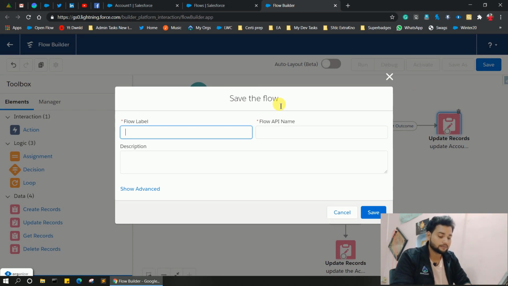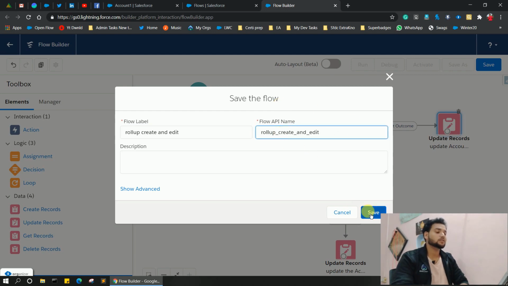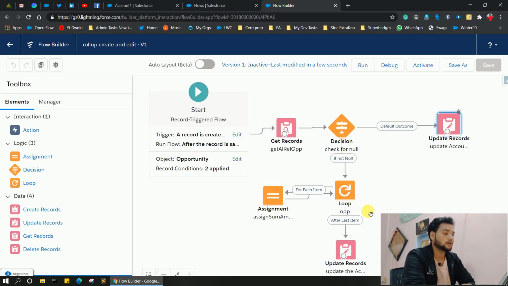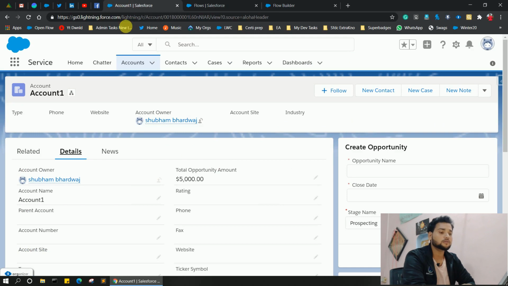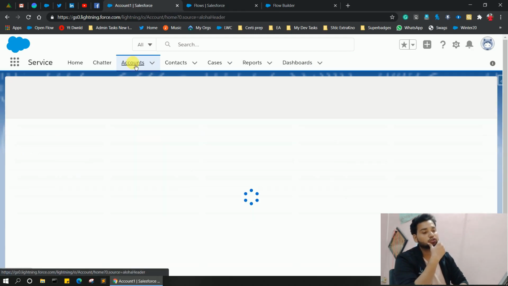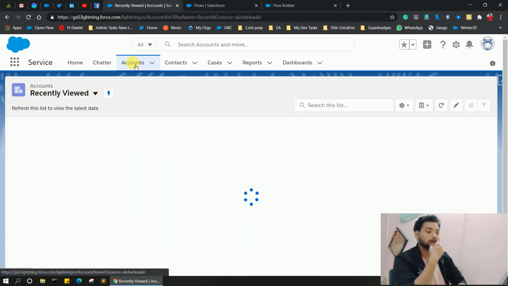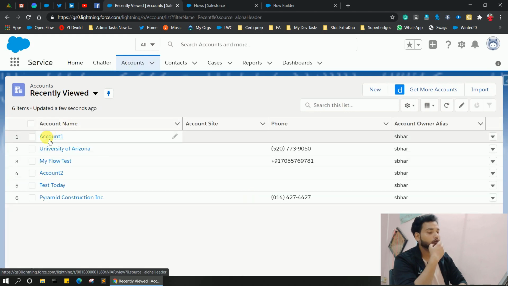So simply click save and provide a label. Let's say Rollup create and edit, and simply save this flow. Let's activate it and move to the account, move to the home page and click on accounts. Let's select account 1 over there,